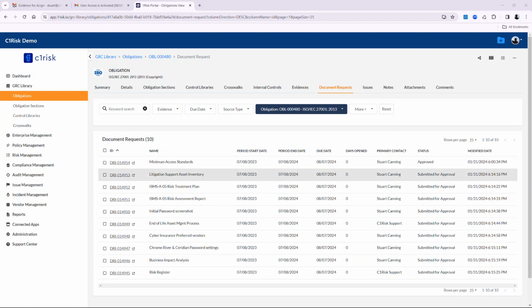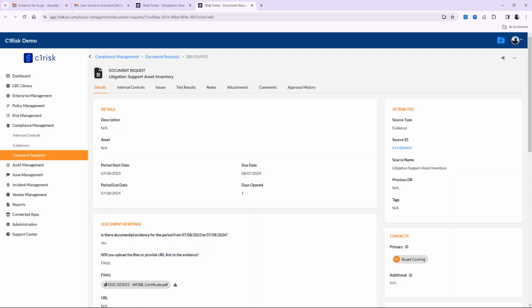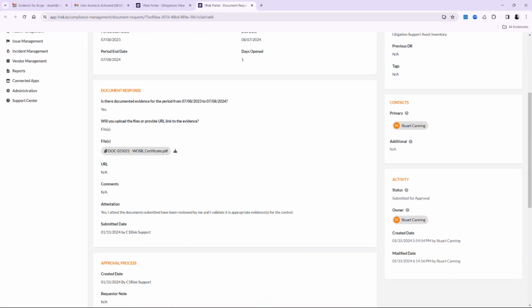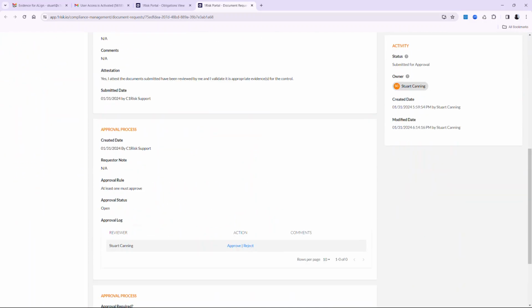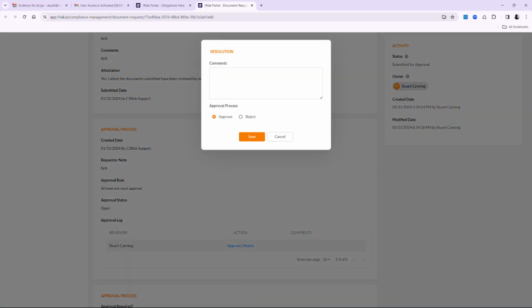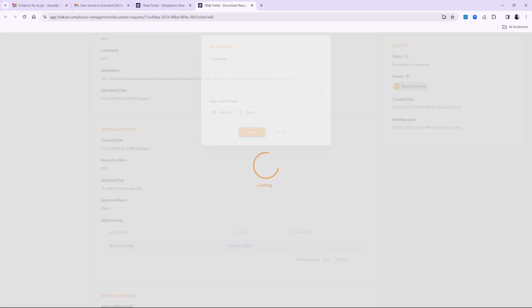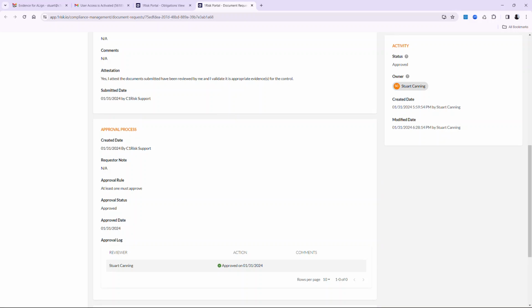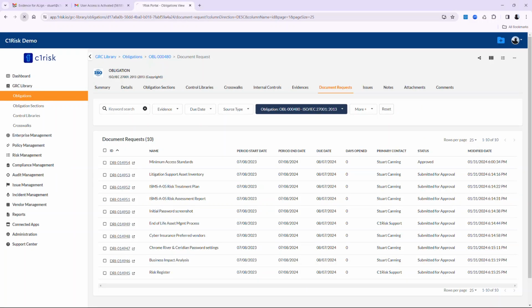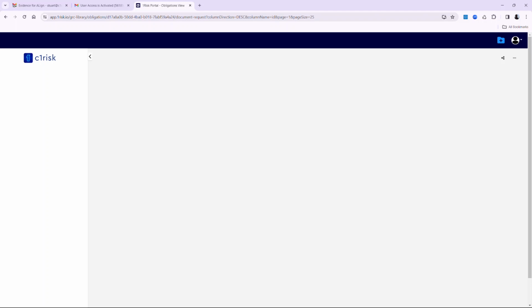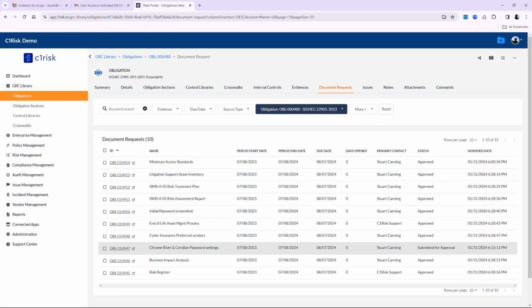We're showing you this just to note that you can follow your normal approval process. If we click into one of these, you do not have to assign your auditor at this point as a second or third approver. You can simply follow your normal approval process. So let's go in and approve these. Now if I just refresh the system, you'll see that all of these, oh, I missed one, have